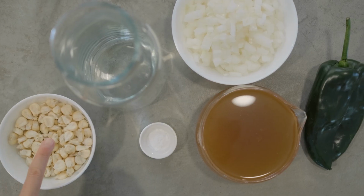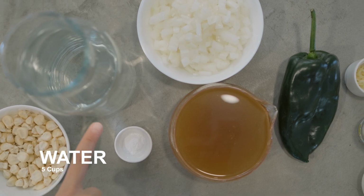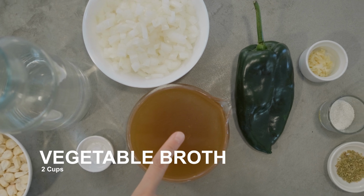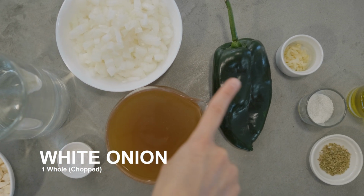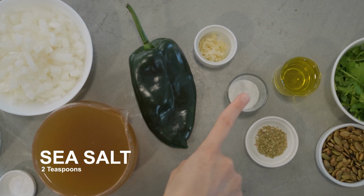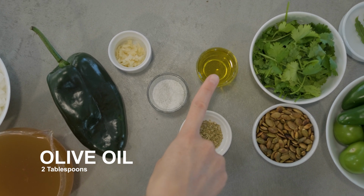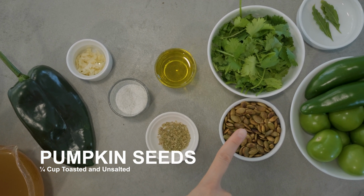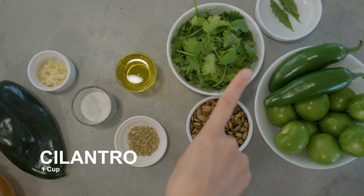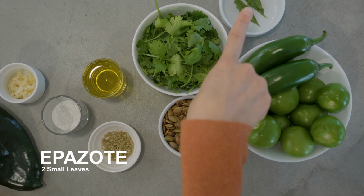The ingredients are 1 cup of dried maize for pozole, 5 cups of water for boiling it, 1 gram of cal, also known as pickling lime, 2 cups of vegetable broth, 1 white onion, 1 poblano pepper, 2 garlic cloves, 2 teaspoons of sea salt, 1/4 teaspoon of oregano, 2 tablespoons of olive oil, 1/4 cup of toasted and unsalted pumpkin seeds, 1 cup packed of cilantro, 2 jalapenos, 10 tomatillos, and this is optional, but if you have them,